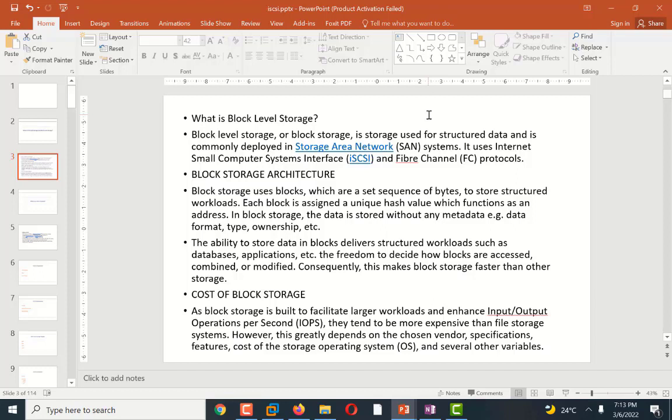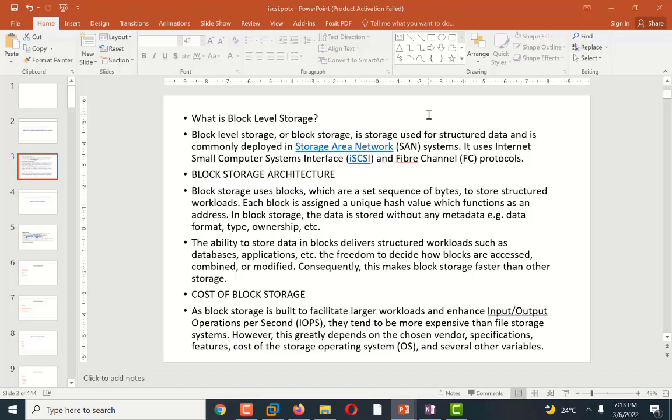Block storage uses blocks, which are sequences of bytes, to store structured workflow, and each block functions as an address, without any metadata or data format type or ownership.